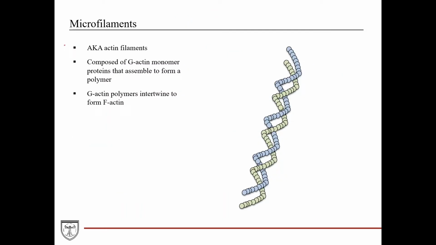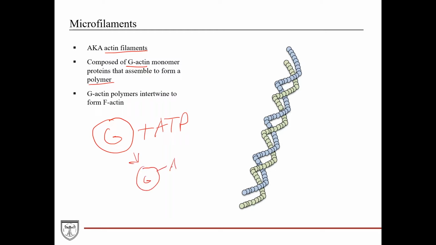So the first component of the cytoskeleton that we'll talk about is microfilaments, which are also known as actin filaments. And these are composed of G-actin monomer proteins that assemble to form polymer. And this is actually a process that involves ATP. So let's say you have the G-actin monomer like this, and then you combine it with ATP like this. So you have ATP then bound to the G-actin monomer, and then what happens is that it joins with an